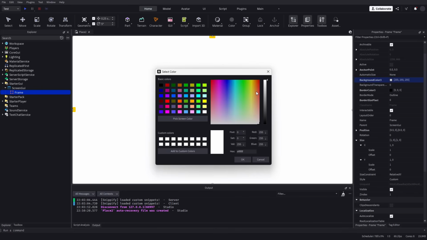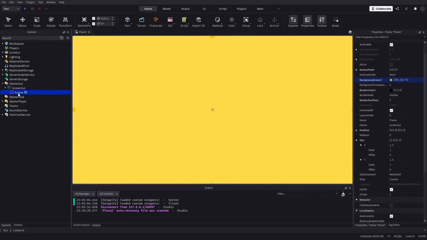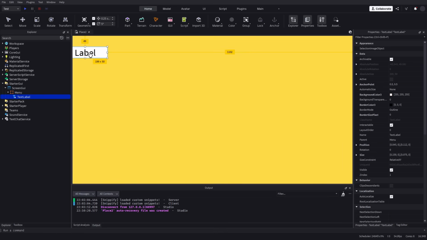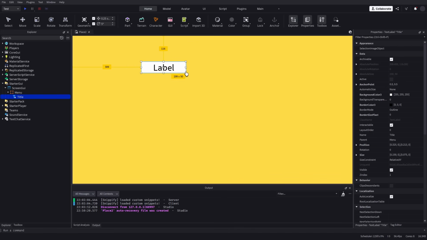And for the background color, this is where you get to customize it however you like. I'm going to go with, let's say, some yellow oranges, and go with that. And I'm going to rename the frame to menu. And inside of the menu, we're going to add in a text label. This is going to be our title, so I'm going to rename it to title. And I'm just going to scale this out. Oops. And I'm going to drag the menu